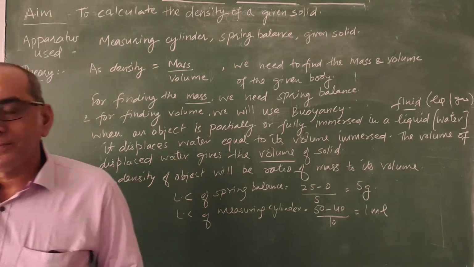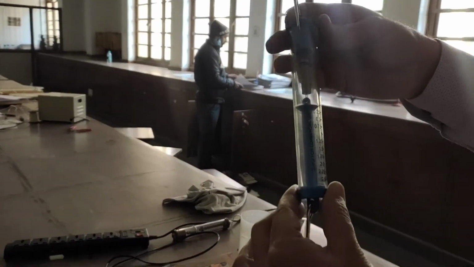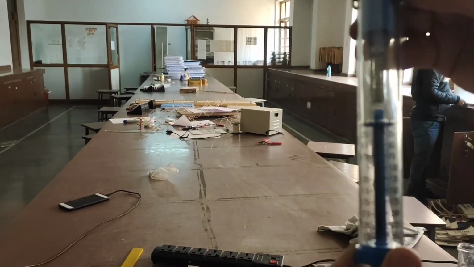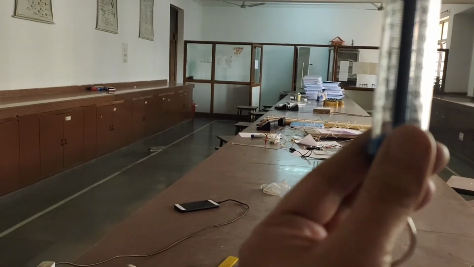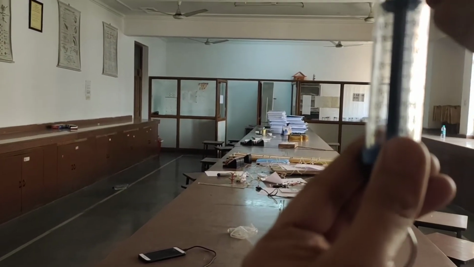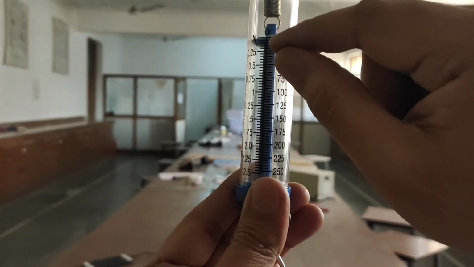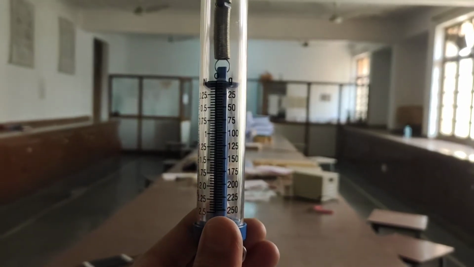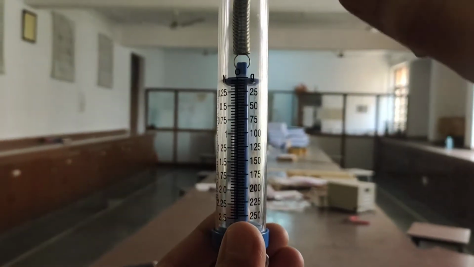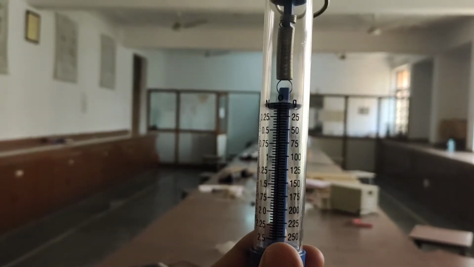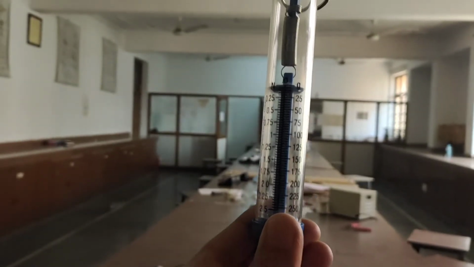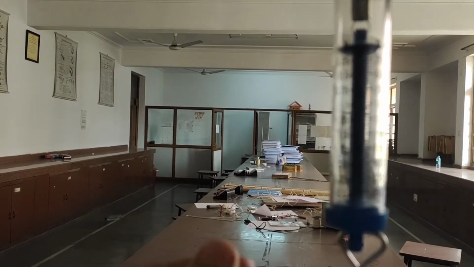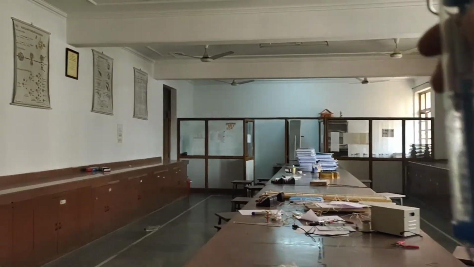See the apparatus. See students, this is our spring balance. We are going to measure the mass of the given object. First of all, we must see this pointer. It should point at 0, because if it is not pointing at 0, there will be 0 error. And for adjusting that 0 error, we need to rotate this screw. We can adjust the 0 error here. But in this case, there is no 0 error. Right? Now I am going to suspend the object on it.